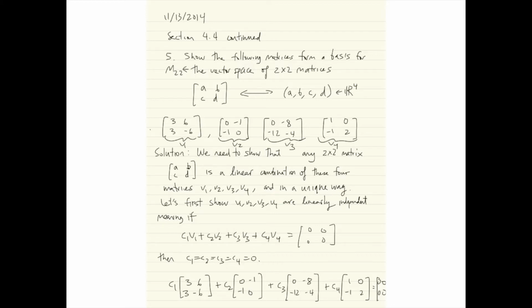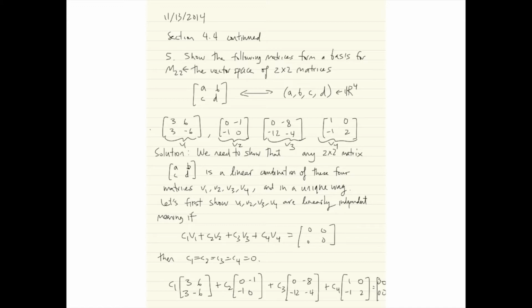a unique way. That's what it means to be a basis of a vector space, that any element of the vector space, in this case any 2 by 2 matrix, is a linear combination of the given matrices and also in a unique way. Okay, so first let's show that these 4 matrices are linearly independent. That means that if we start with a linear combination that equals the 0 vector, which in this case of the vector space being M22 is a 0 matrix,